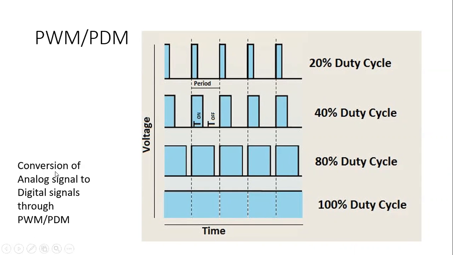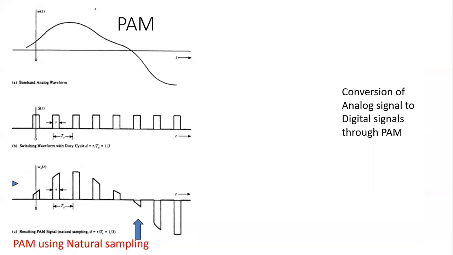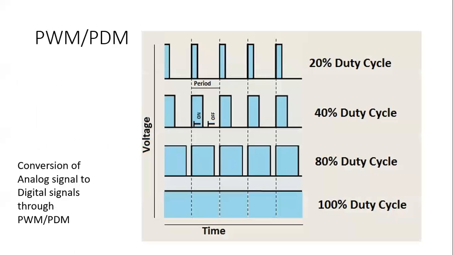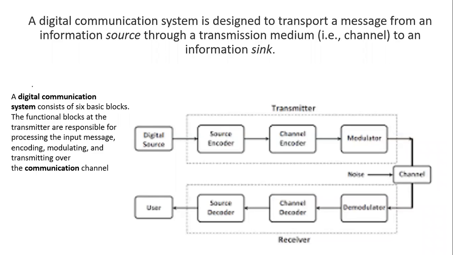Okay. Again, this is used to convert analog signal into digital signal. So you can see both digital signals that we have received are very different. One has a fixed duty cycle, but the amplitude is varying. We call it PAM. And for PWM or PDM, the amplitude is fixed, but the width is varying, just like amplitude and frequency modulation. Now, why do we need this?